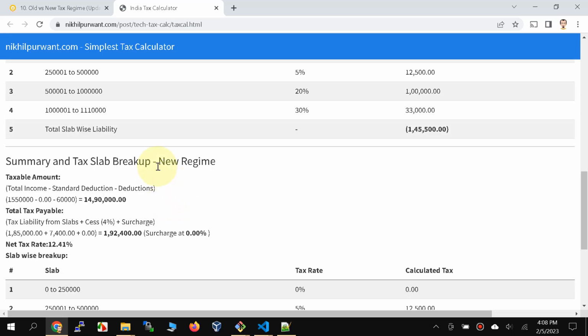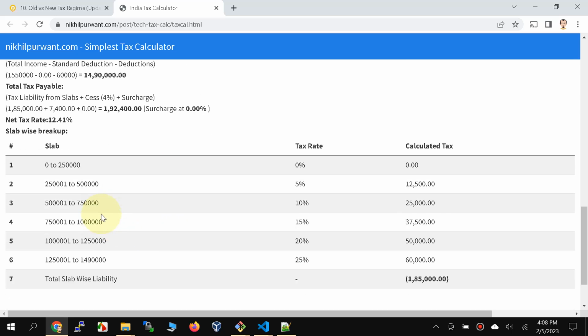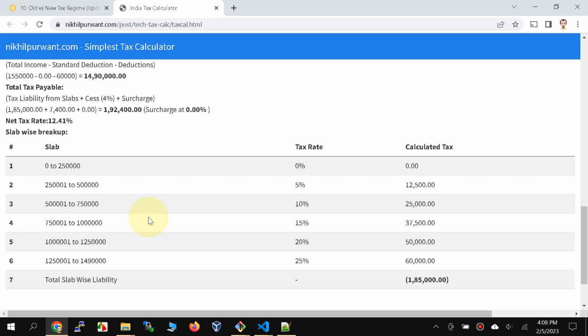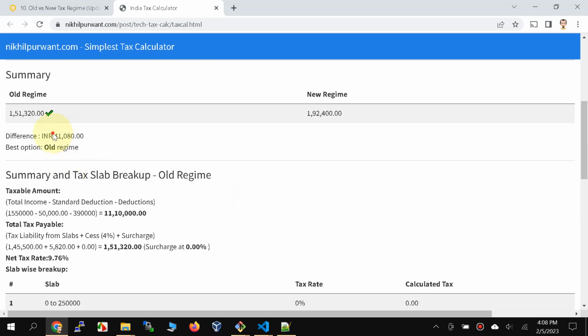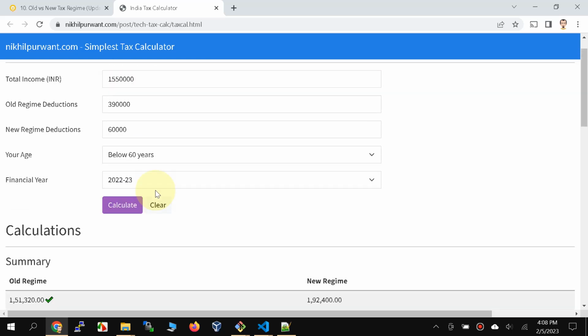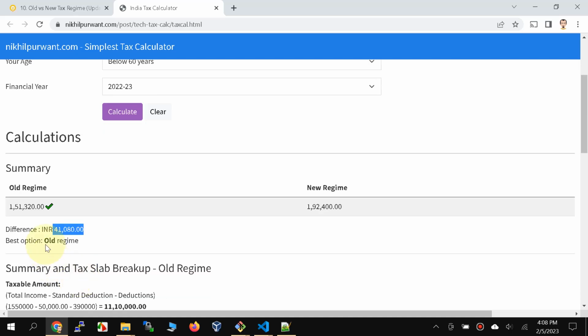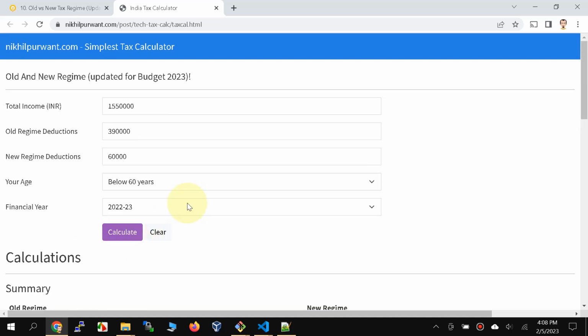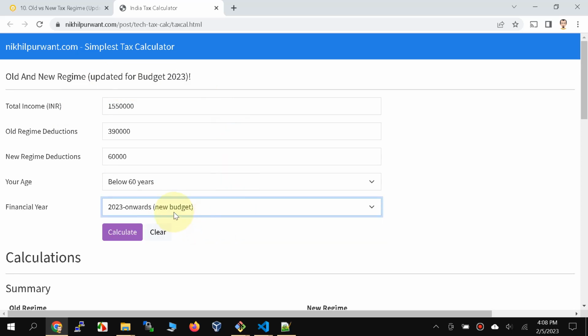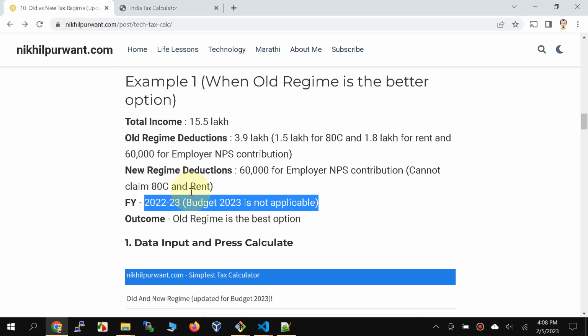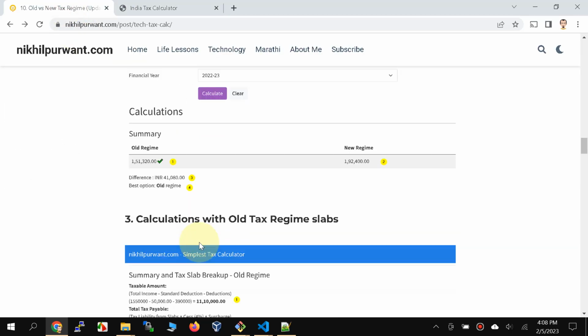So now let's look at the new regime calculations, right? And all the same items are here as well, and net you end up saving 41,080 rupees by using the old regime. So you can choose the old regime, right? Now if everything else is the same, but if we use the new budget, which is only applicable for the next financial year and onwards, if we go ahead and calculate the same, that is basically our example 2, where we keep the data as is,